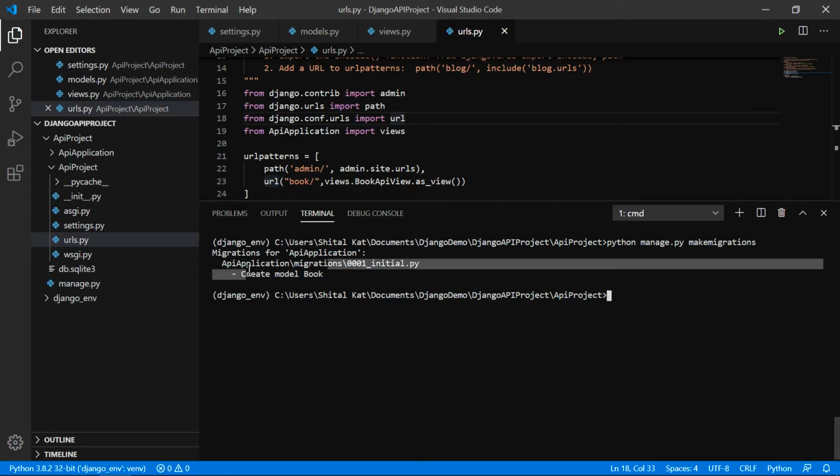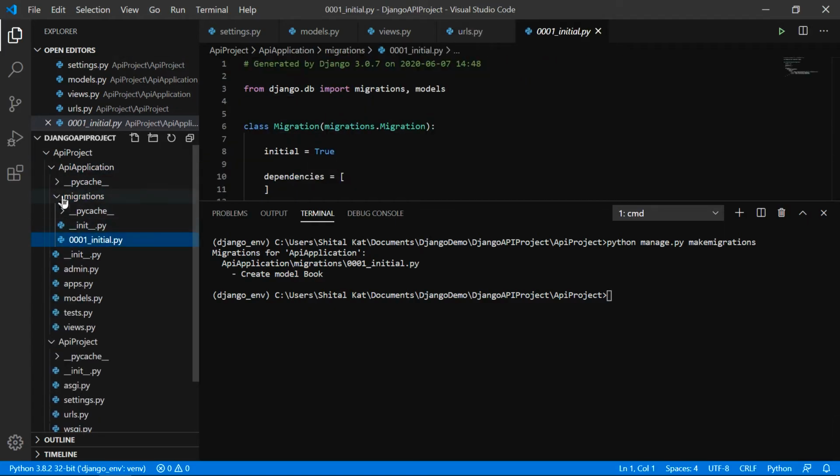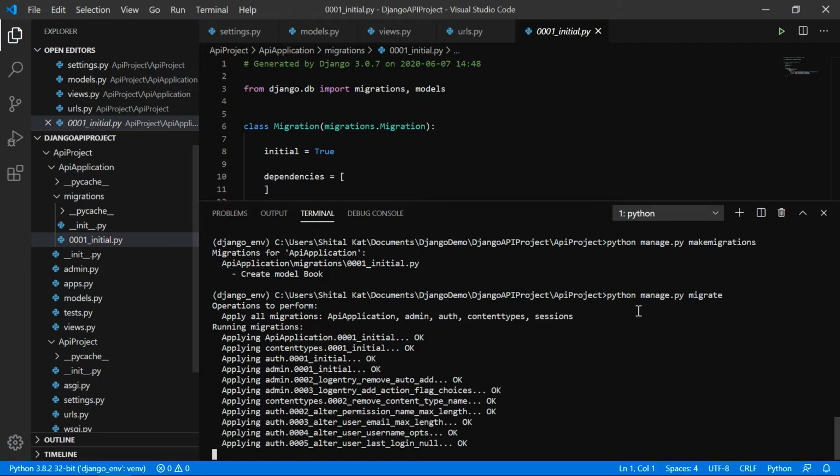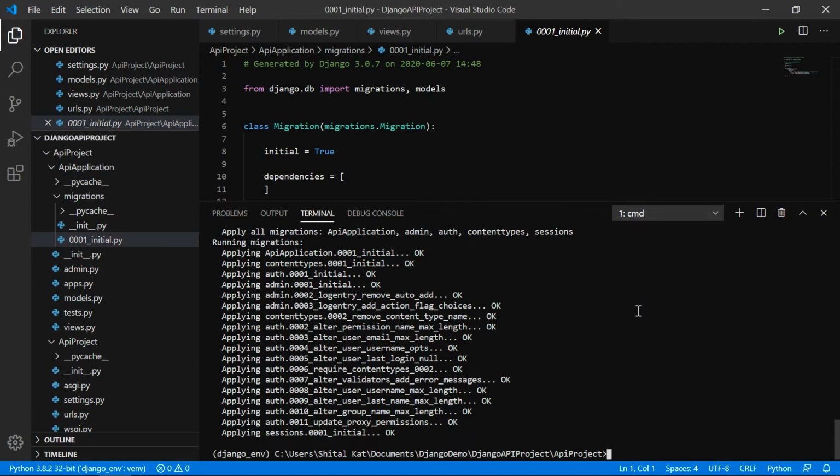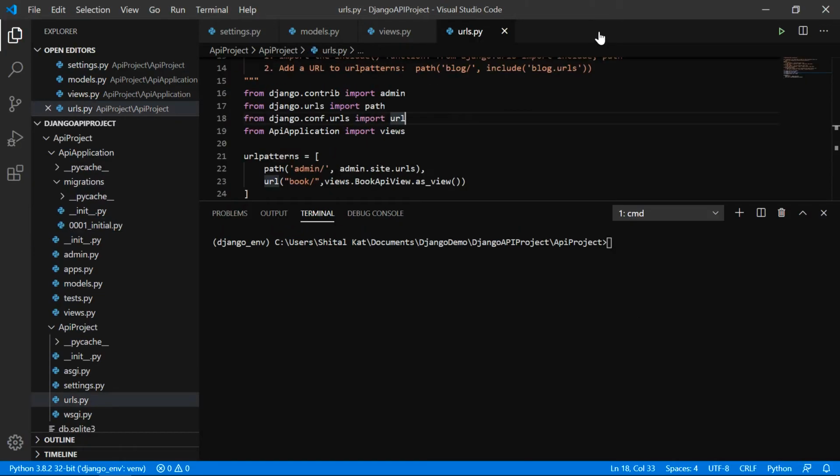Here you can see a new books model has been created. Now I will run Django using the runserver command.